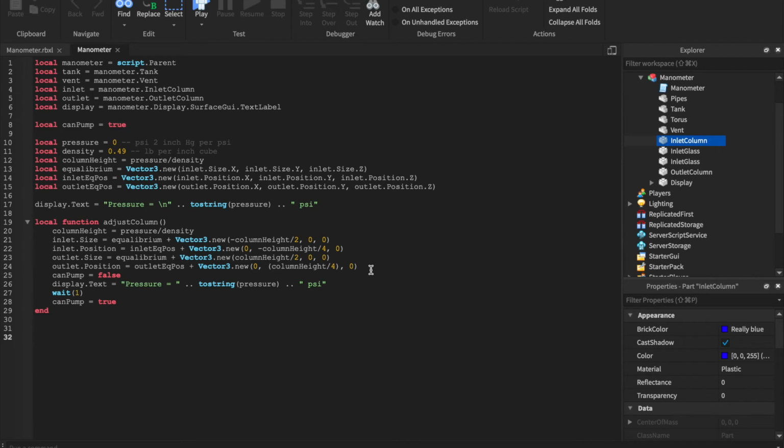touches, our touch events. So let's do a local function, say on tank touch, part touched, even though I don't think we'll be using that. So this is where our Boolean comes into play. If can pump equals true, oh, and I always forget that, then,